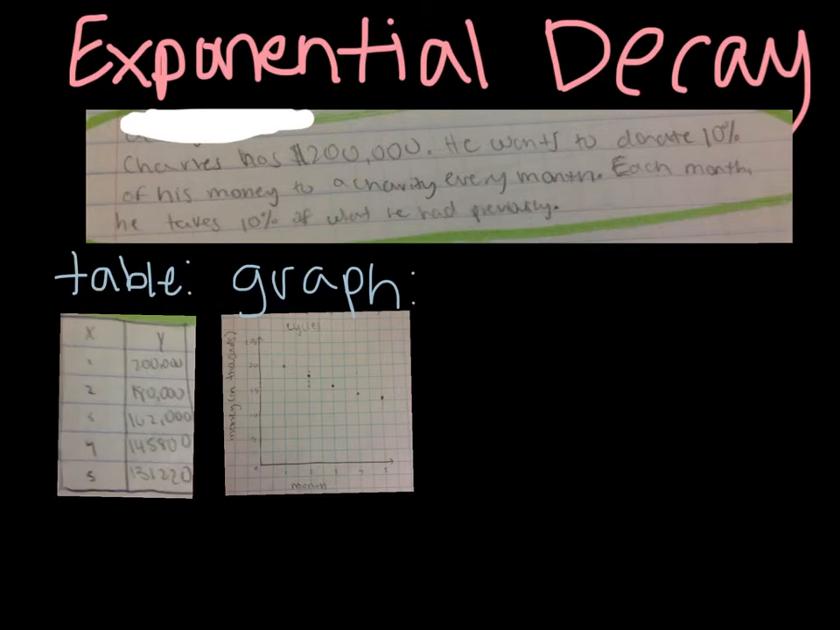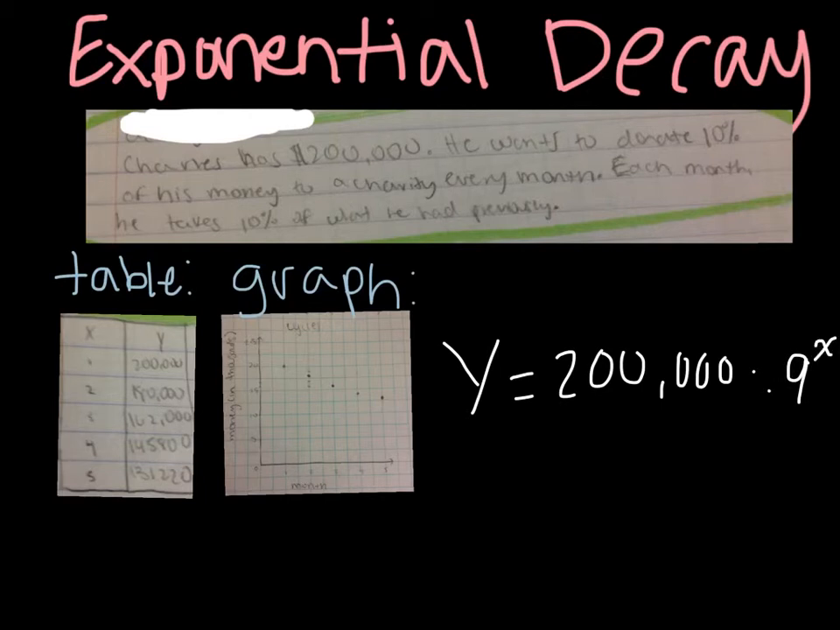The equation for this would be y equals 200,000 as our start value times 0.9 raised to the x power. 0.9 is our decay rate ratio because we take what we are originally donating, which would be 0.1, and subtract that from 100% or just 1. So that would leave us with 0.9. X represents each cycle, or in this case every month, and